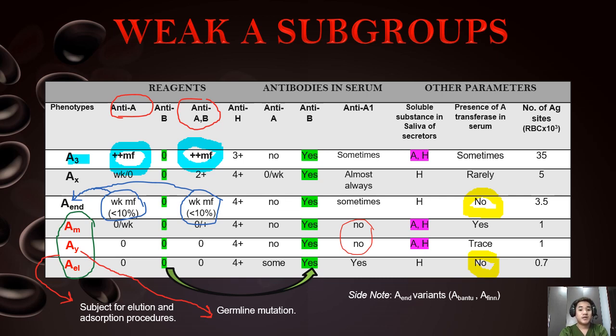So for your adsorption elution, a bit of review since this will be discussed in your BB lab. This procedure is utilized primarily for those that fail to exhibit agglutination on their expected anti-sera. Meaning to say, since it is blood group A, they are expected to have agglutination on anti-A in the forward grouping. However, in the case of AM, AY, and AL, they demonstrate absence of agglutination, and that they may